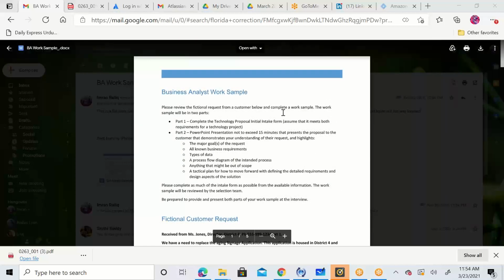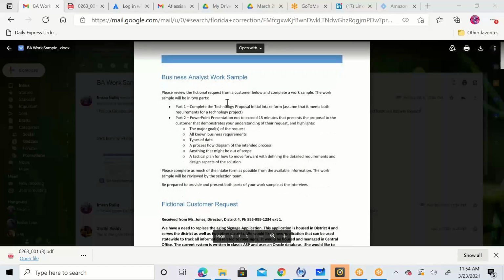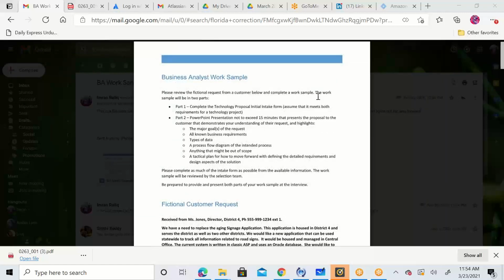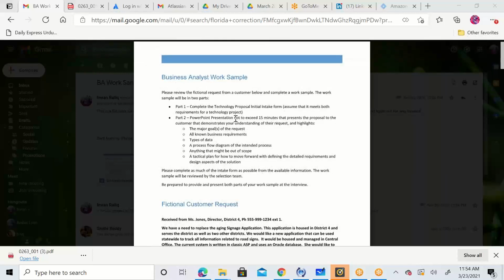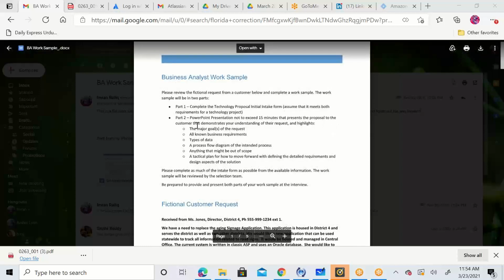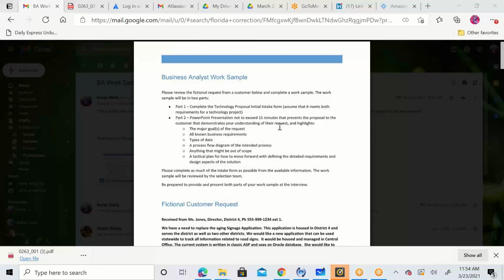What they want us to do is, please review the fictional request form of the customer below and complete a work sample. The work sample will be in two parts. Part 1, complete the technology proposal initial intake form. Assume that it meets both requirements for a technology project. Don't worry about this. Part 2, a PowerPoint presentation not to exceed 15 minutes that presents the proposal to the customer, that demonstrates your understanding of their request and highlights the following things: major goal of the request, all known business requirements,